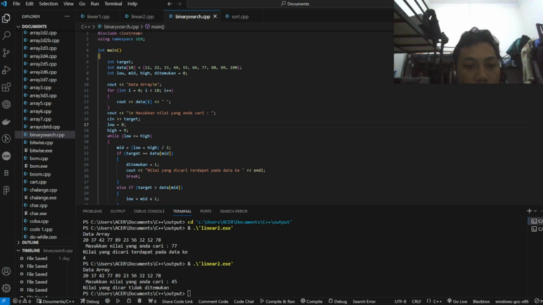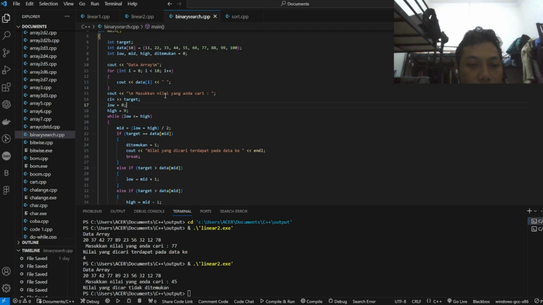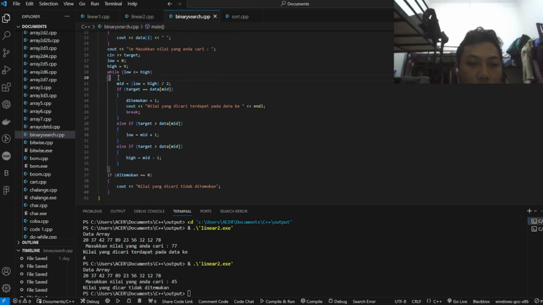So the 0 is the low limit of our data, and high is the limit of our data. And next, by using the while with the condition low is less or equal with high, and if the condition is true, it will go next into the next step with mid equal with the condition of while,